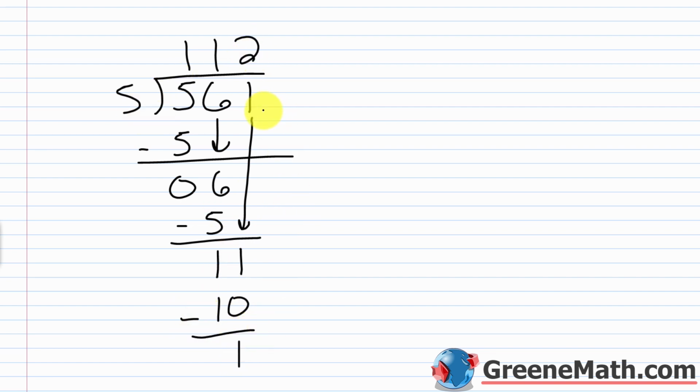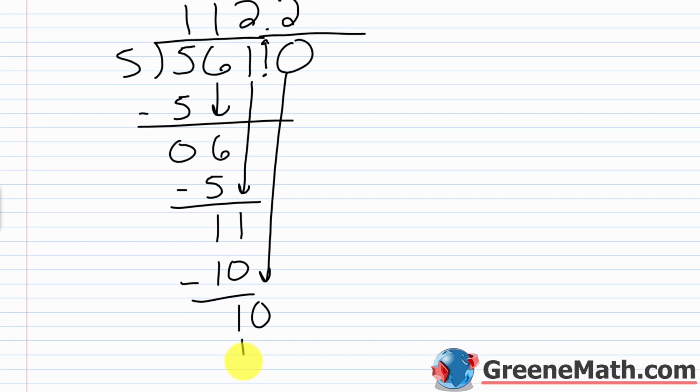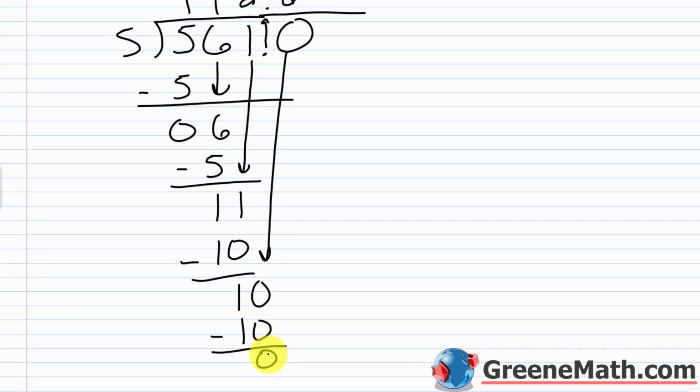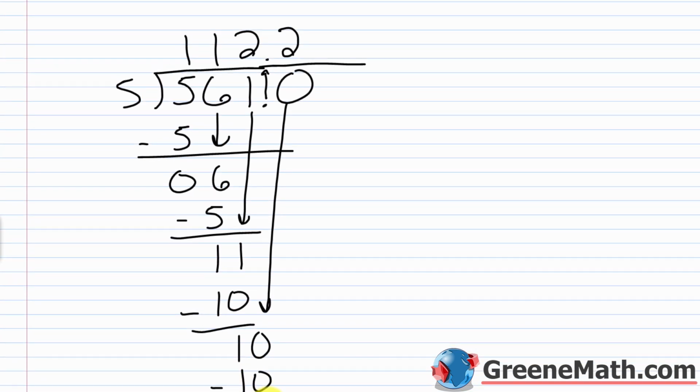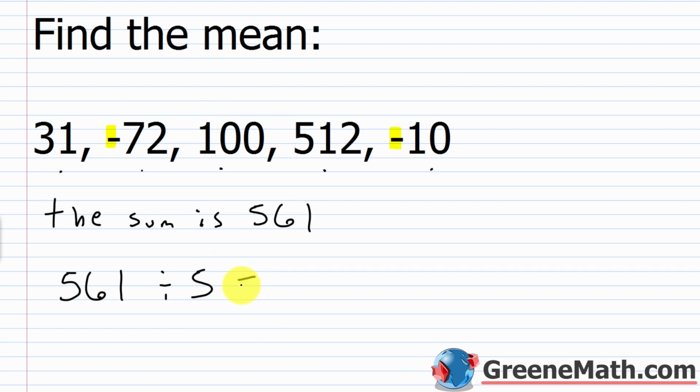Subtracting, get 1. To continue, I can put a decimal point and bring that up into the answer. Put a 0 here and bring that down. 5 goes into 10 exactly twice. 2 times 5 is 10. Subtracting, get 0. All right, so we have 112.2 as our answer. So let's go back up to the top, and we'll write that this is 112.2, and